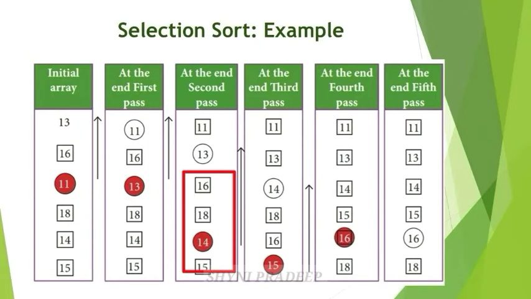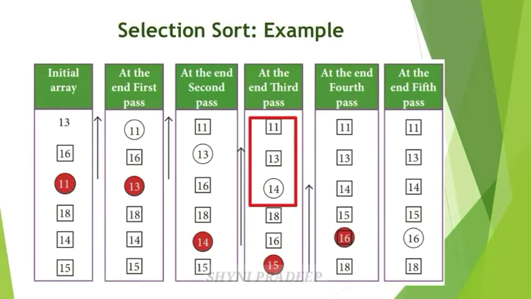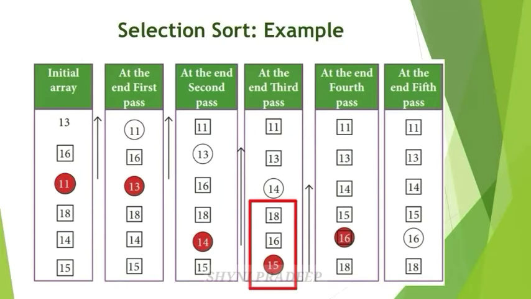But these are unsorted elements. So now you leave these 2 elements. Focus on the unsorted elements. Okay. So which one is the smallest element here? 14. So exchange it. So this is the third pass. So now these 3 elements are sorted. Okay. So now leave these 3 elements. Take these elements only. Find which number is smallest. This is. So bring this 15 here. Bring this 18 here. Okay. So this is pass 4.